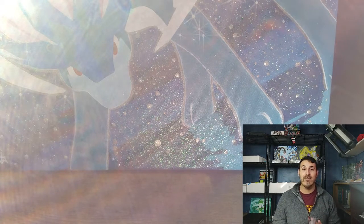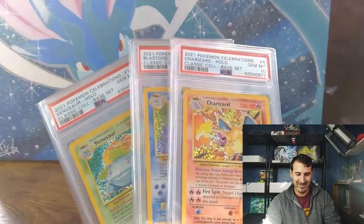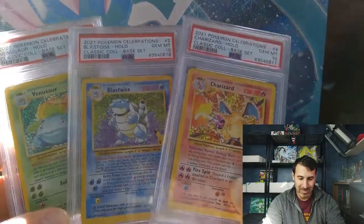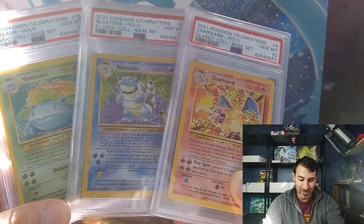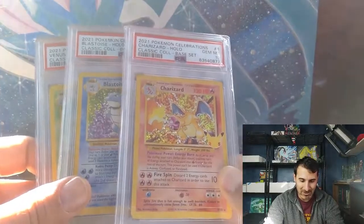And so I submitted the 3 starters to PSA on Express. Those are the only hits of my 6 boxes. Let's see if I can show these here. So I got sequential order Venusaur, Blastoise, and Charizard. So I'm really happy with that. I'm going to be auctioning these off. These aren't part of my collection. Got a lot of things to pay for, but I thought this was awesome to just have these cards